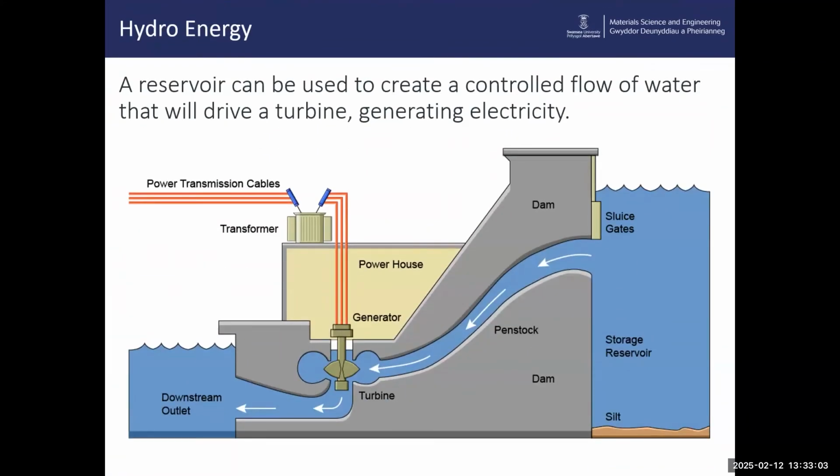The theory is to build a dam on a large river or body of water that has a large drop in elevation. A reservoir can be used to create a controlled flow of water that will eventually drive a turbine, generating electricity. The dam will store a lot of water behind it in the reservoir. Near the bottom of the dam, you can see on the slide, there is the water intake. Gravity causes it to fall through the penstock, like the big slide sort of part,